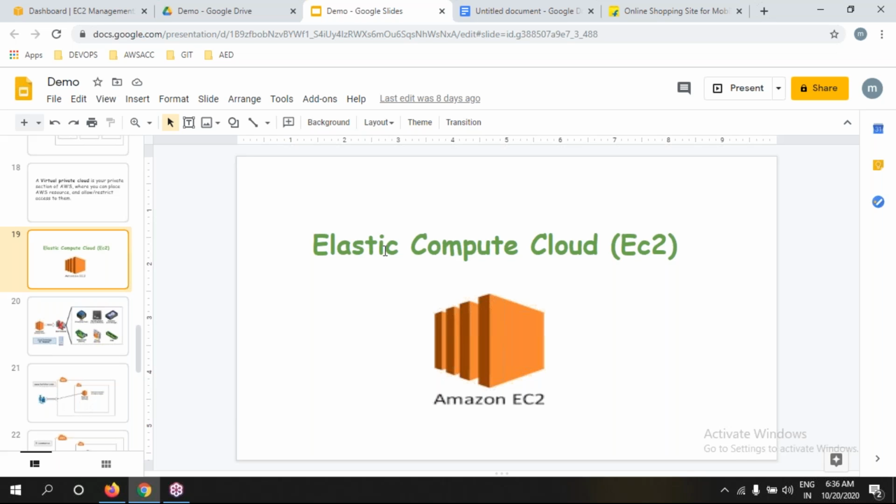Grow and shrink at a time means elastic. Elastic is nothing but, for example, Guru, if we have a Flipkart, right now we have only 100 users. Flipkart customer load is only 100 users. For 100 users, how many servers? Maybe 2. Tomorrow is a big sale day. Definitely customers will be double. That means 200. For handling 200 customers, how many servers required? Definitely the servers will be increased, or not, Guru? Definitely. That means double the servers.